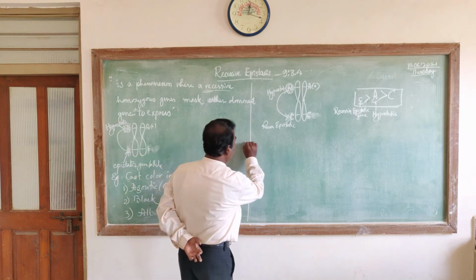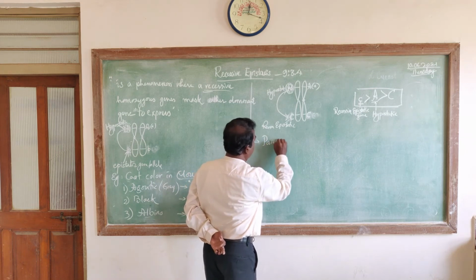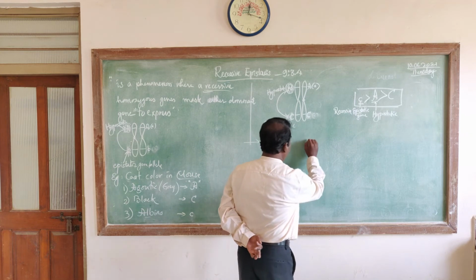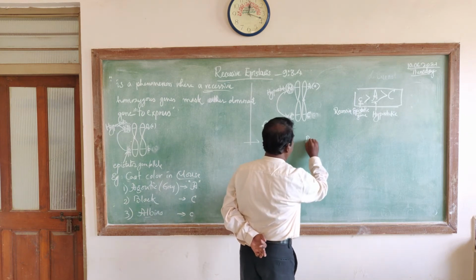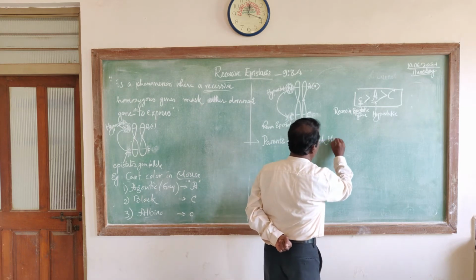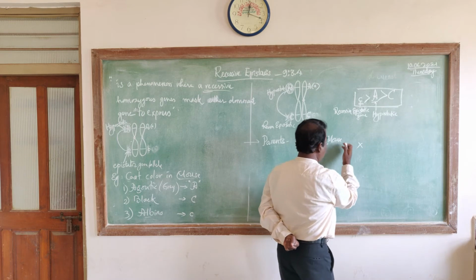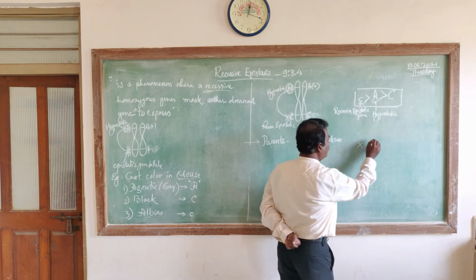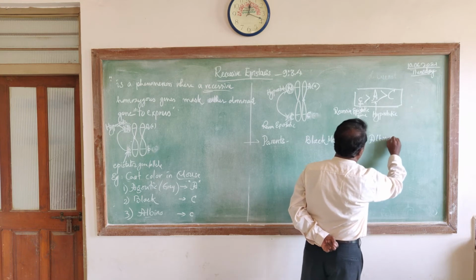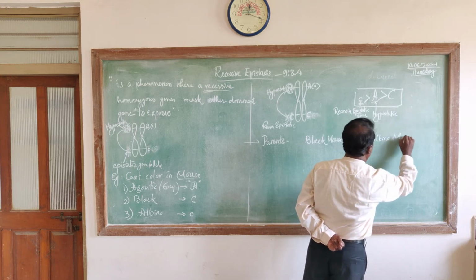So let us take pure line parents. Like let me write here parents. What type of parents we need to take? We need to cross that is black, okay, black mouse. One should be male, another should be female. When we cross black colored mouse with albino color, albino mouse,